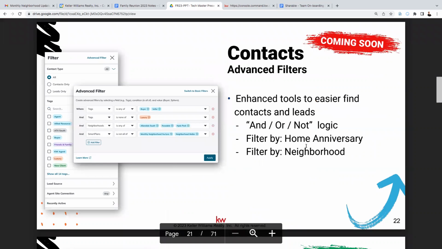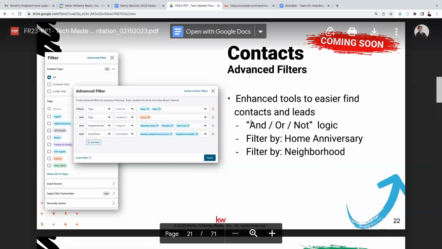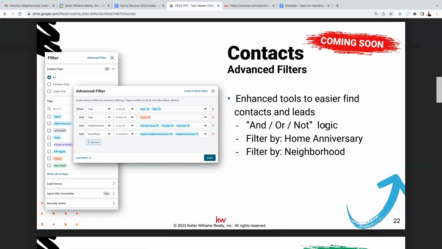Coming soon, contacts advanced filters. So right now, you can filter out your contacts through a series of categories. However, there's going to be more enhanced tools to more easily find the contacts and the leads by eliminating that and/or not logic. So right now in Command, a good example of this would be in the referrals applet,